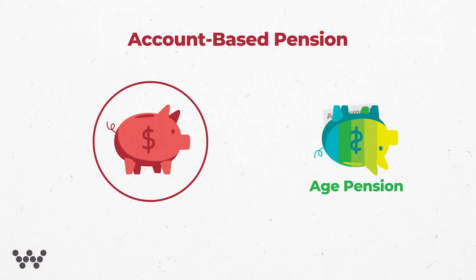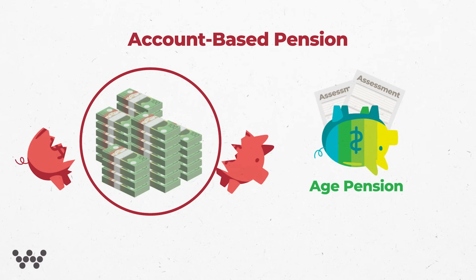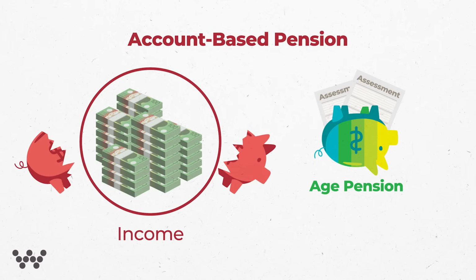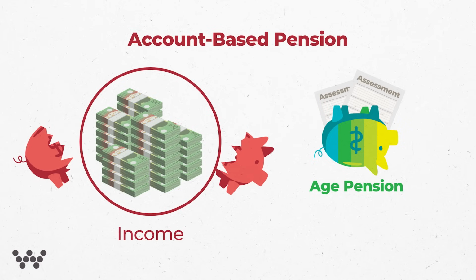Now, when it comes to Centrelink, as I was referring to earlier, the account-based pension will be included in both the assets test and the income test when calculating your entitlement. The entire balance supporting that pension will be included in the asset test, and then you'll be deemed to have produced an income under the standard deeming rules based on that asset base, and that'll be included in your income test as well. So it's always important to consider that.